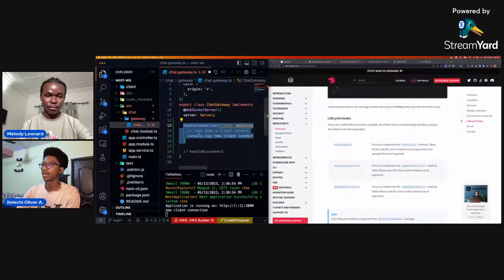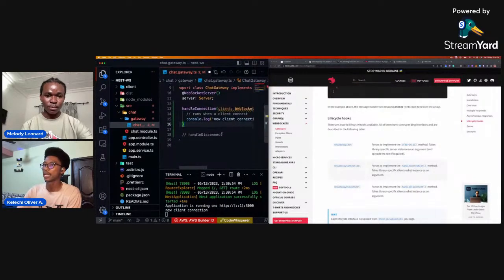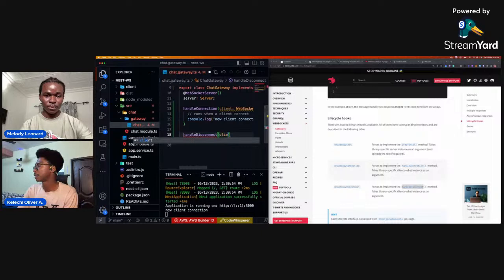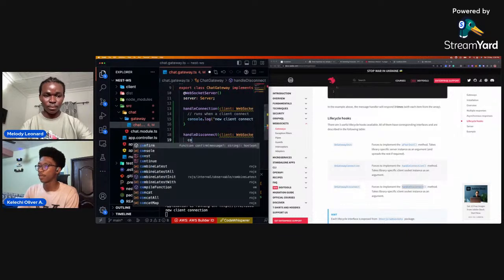All right. We're just going to leave the implements OnGatewayConnection there to remind us that we need to have the handleConnection method inside, and we're also going to add our handleDisconnect, so that we are aware whenever a client disconnects. With handleDisconnect, we get passed the client as well, which is of type WebSocket. Then let's console log